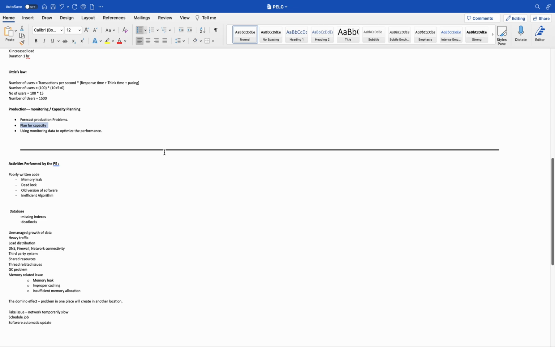So under this category, plan for capacity involves assessing and preparing for the future resource needs of a system or application. It's a proactive approach to ensure that the IT infrastructure, including hardware, software, and other resources, can adequately support current and anticipated workload. The main goal is to prevent performance issues, downtime, or service disruption by ensuring that there are enough resources available